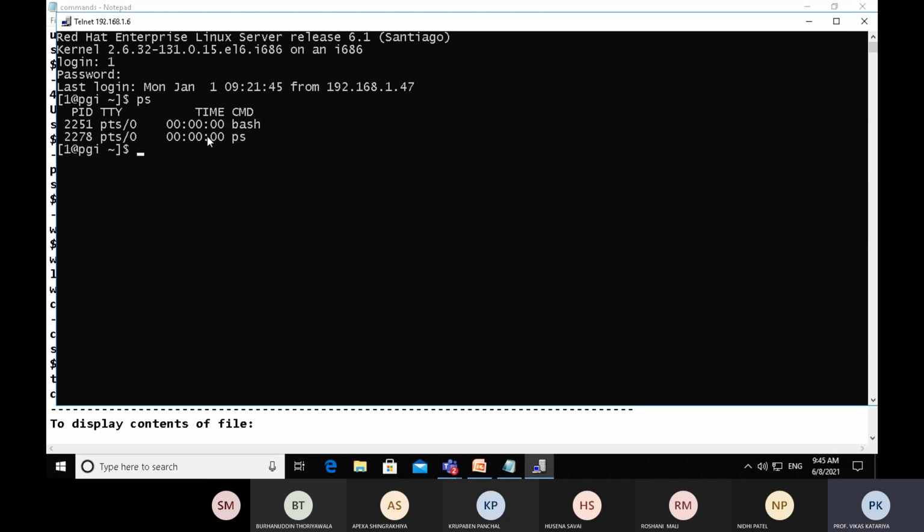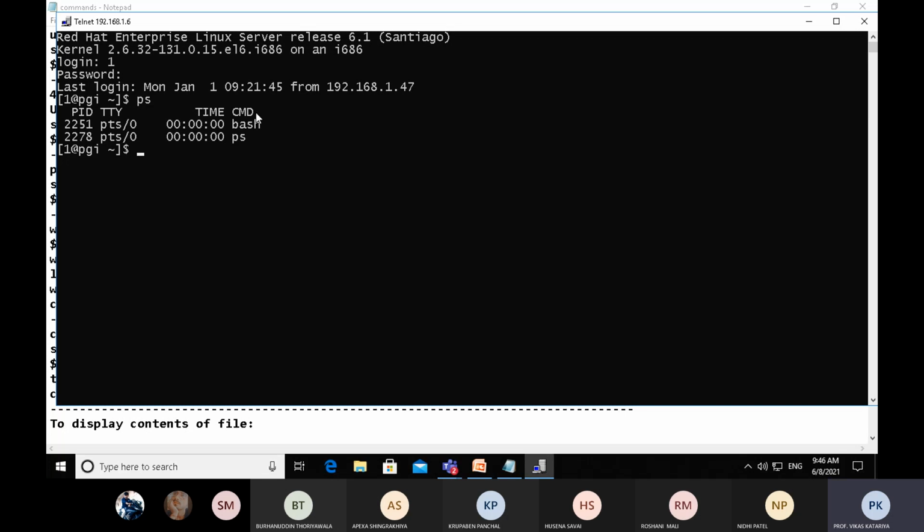It is a command interpreter which takes input and processes it via the kernel, and the kernel transfers the output to this terminal. So the first process is bash, that is the name of the shell. The very first process is bash, and the second command we fired is ps, process status. So there are two processes currently running on my machine. It shows the process ID, terminal name, terminal number, and date and time. It is not compulsory to show the date and time, therefore it is displaying 00.